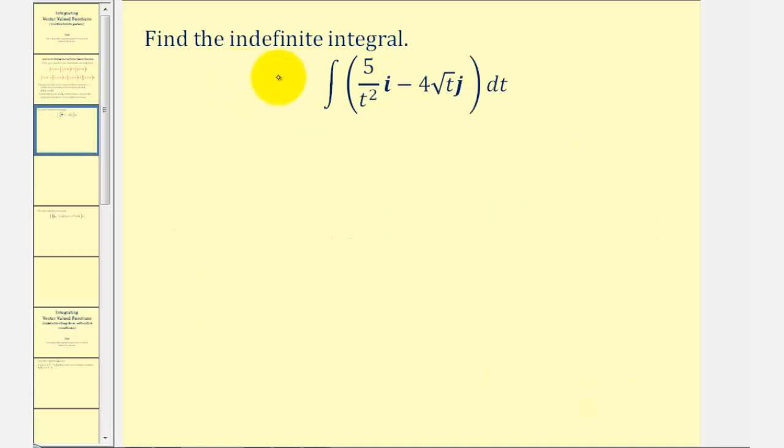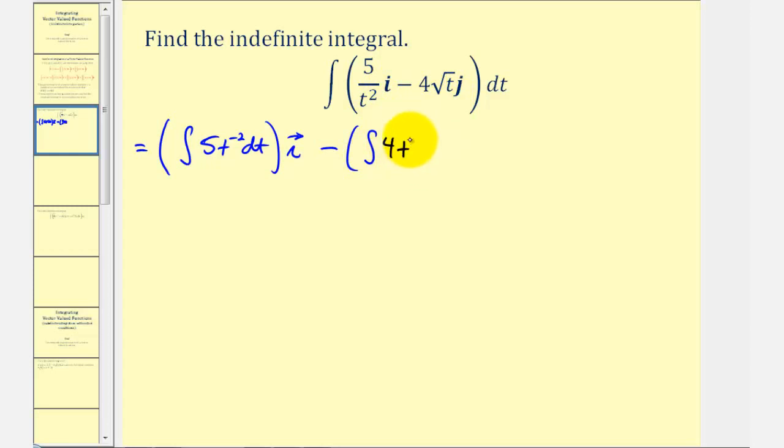And again, in order to find this indefinite integral, we want to integrate each component, which means we'll have the indefinite integral of 5 divided by t squared, which we'll write as 5t to the power of negative 2 dt, times i, and then we'll have minus the integral of 4 square root t, which we'll write as 4t to the power of 1/2 dt